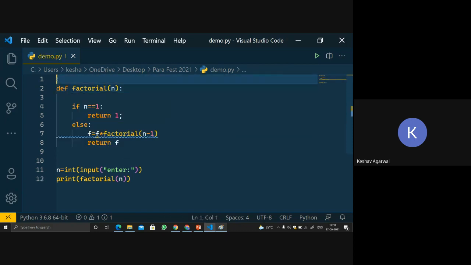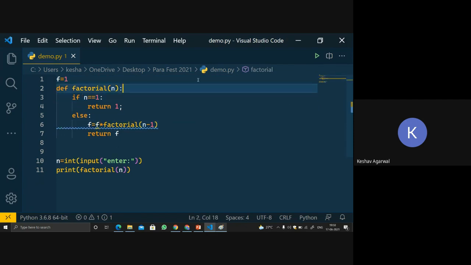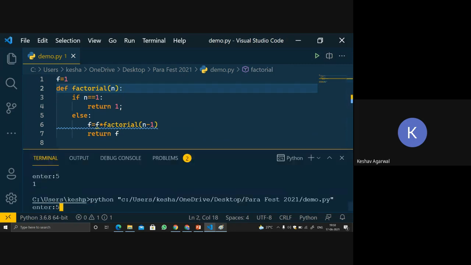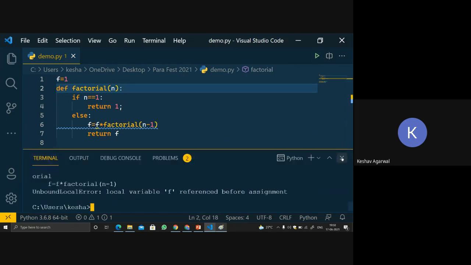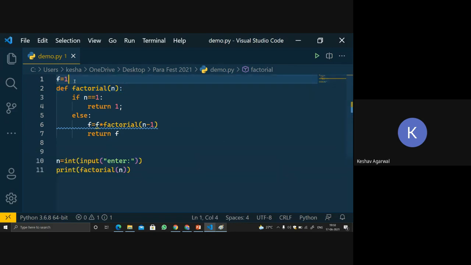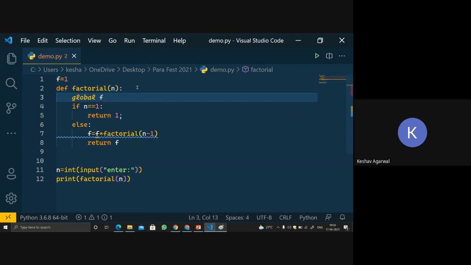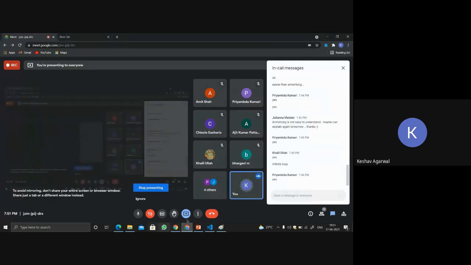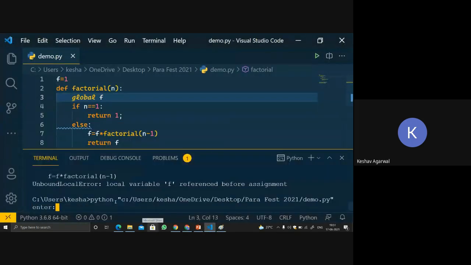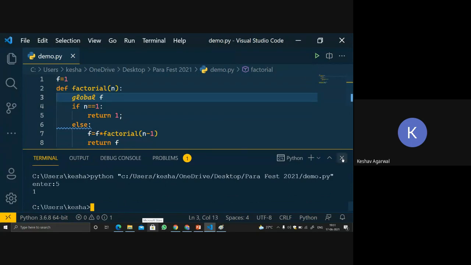Let's do one thing. It is after again returning 1.